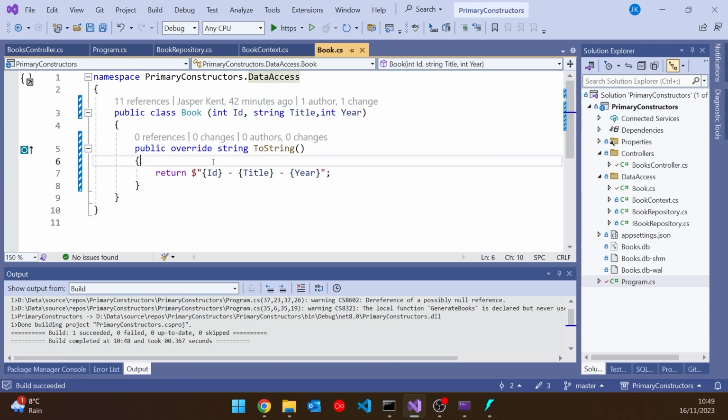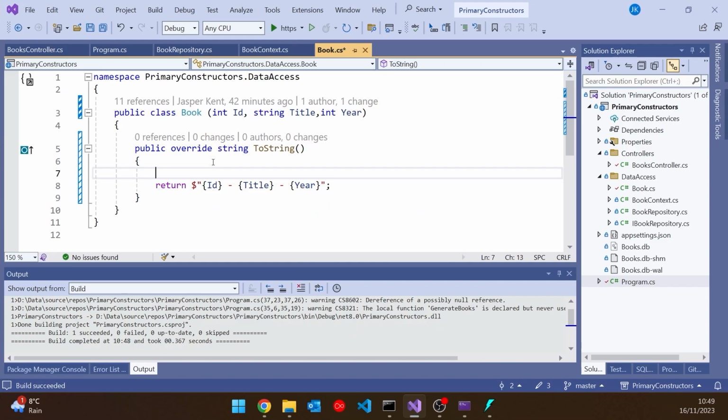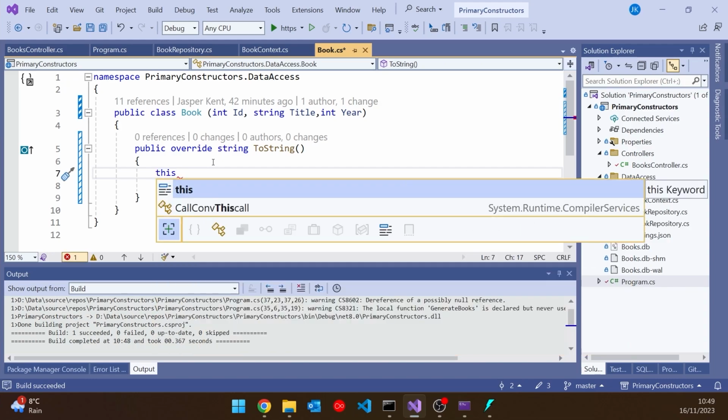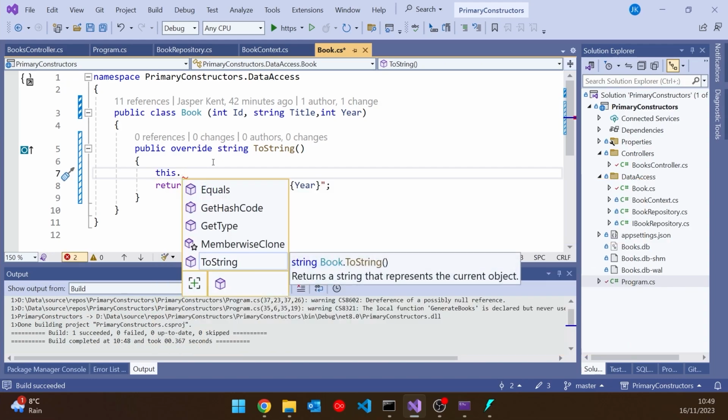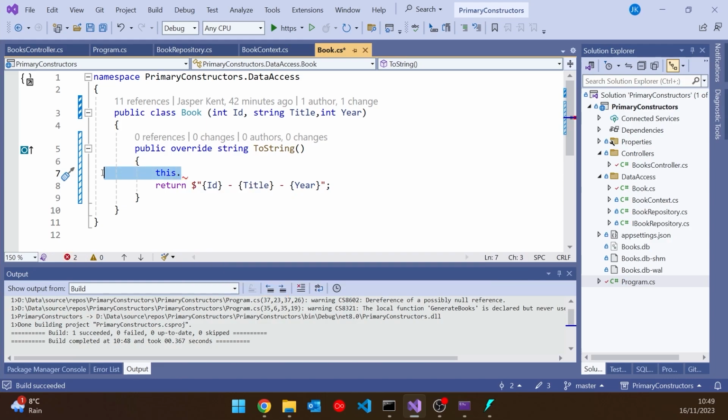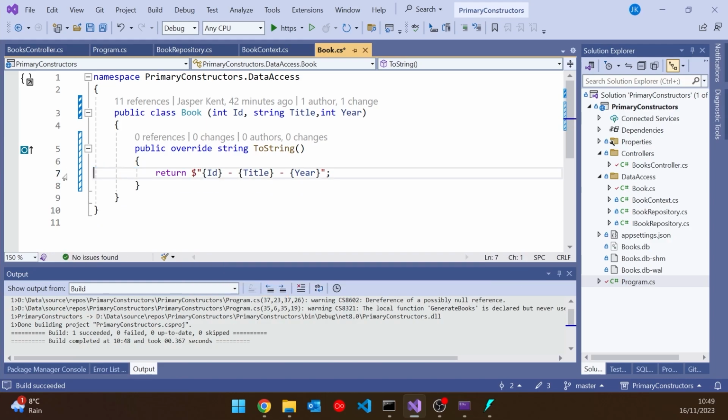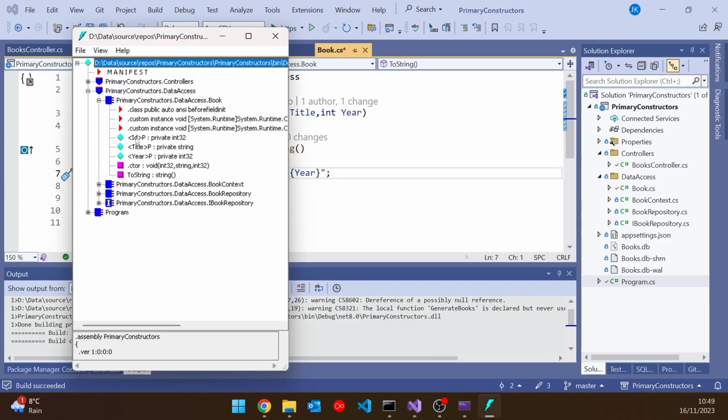But one thing that's worth noticing, you can't refer to these things with this. So with normal members, inside the class, you can refer to them as this.memberName or just as member name. And you only really need to use the this if there's any ambiguity. But here, it's just not there. We can only refer to them as the name without the this because it's not really the name at all. The compiler is converting that into the actual name, the angle brackets name that we can see in there.